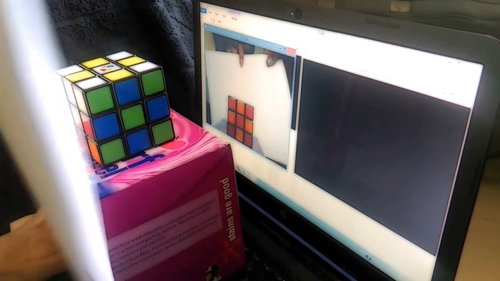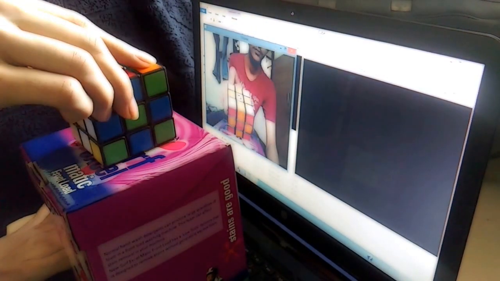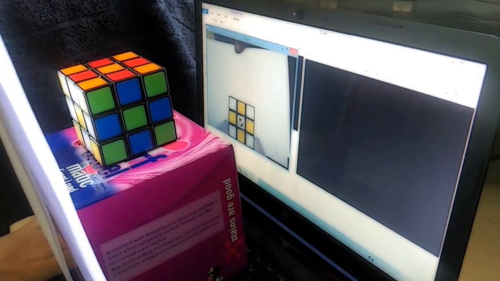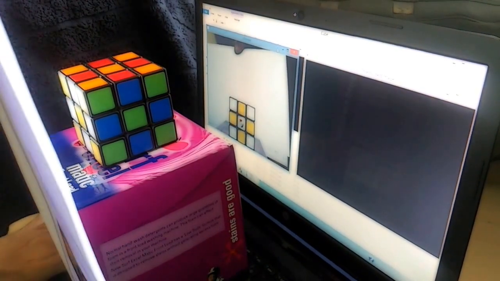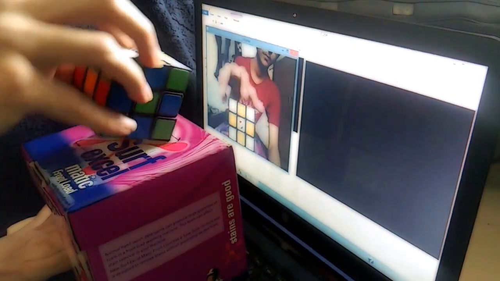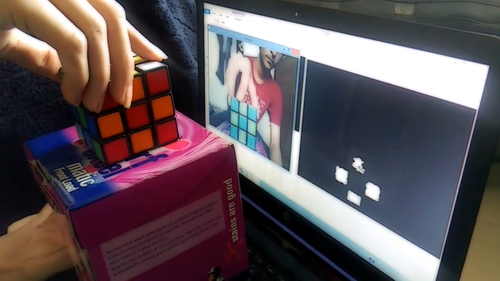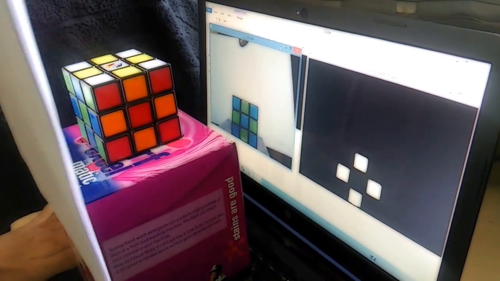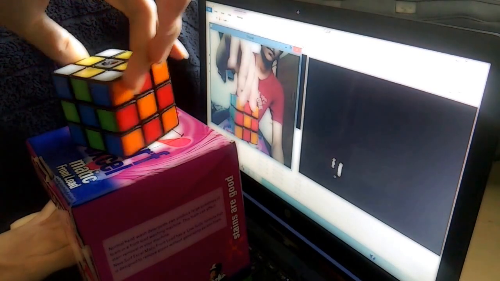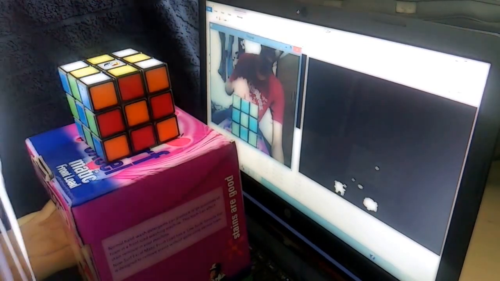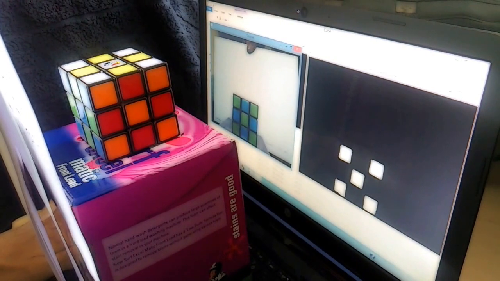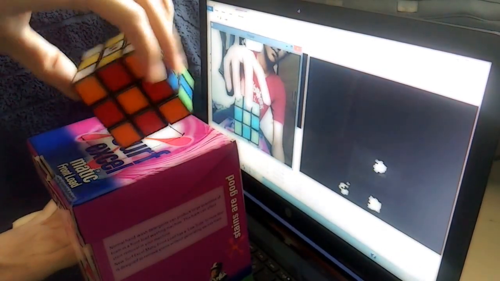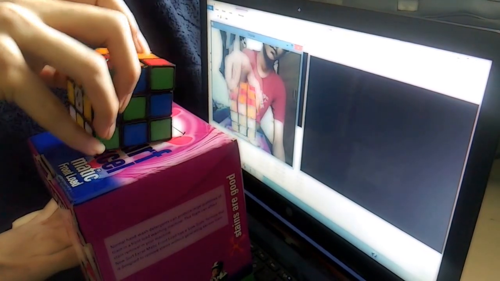To begin with, we're showing you a bit about our image processing module, which involves using the webcam of any laptop to scan the faces of the cube in a predetermined order. This allows the computer to analyze the faces, identify which colors are present on those faces, and then create a digital recreation of the cube, upon which all operations would be carried out. What we have done is associate each face with a given color, considering how the middle faces never change.